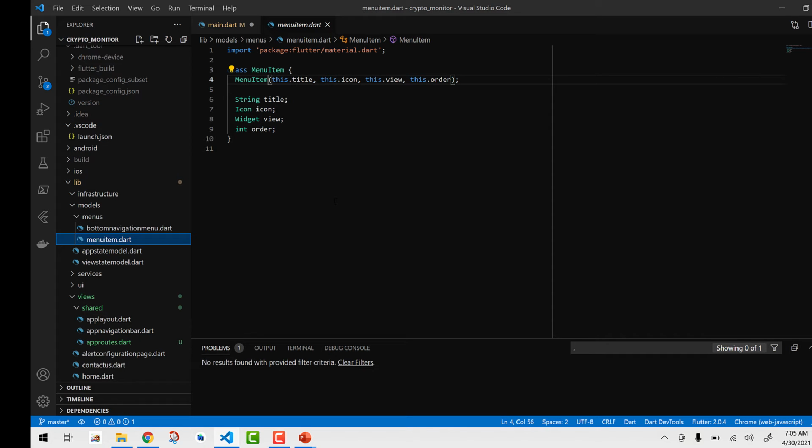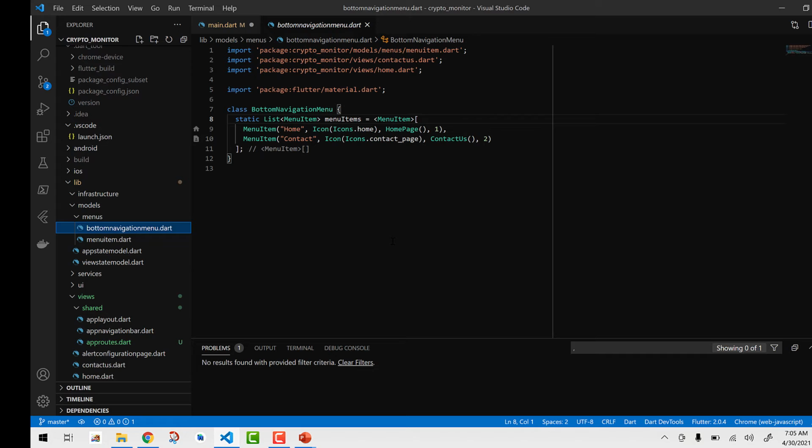Here's my menu item, which has a title, has an icon, has a widget view associated with it, and the order in which it comes. Probably sounds familiar with how you set up your menu items in your web application. Then we got a new class called bottom navigation, where I have a list of all these menu items created,